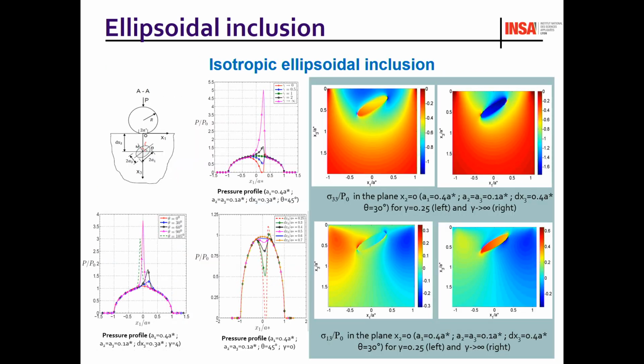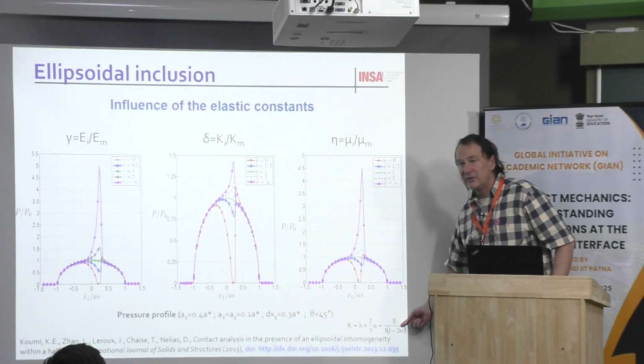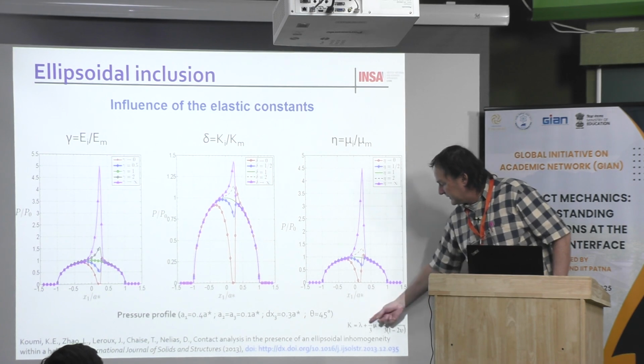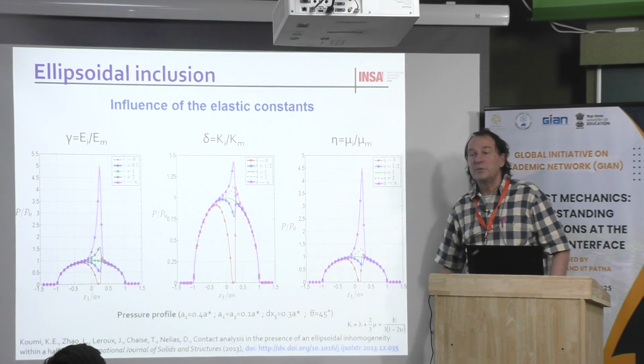And the last one I wanted to show you is this one. Okay, I like this curve very much. Again, on the left, this is the same, but I would like to emphasize what happened for the middle picture and the right picture. Then we consider the compressibility factor here, which is this one. When k tends to infinity, it means that you have something which is incompressible.